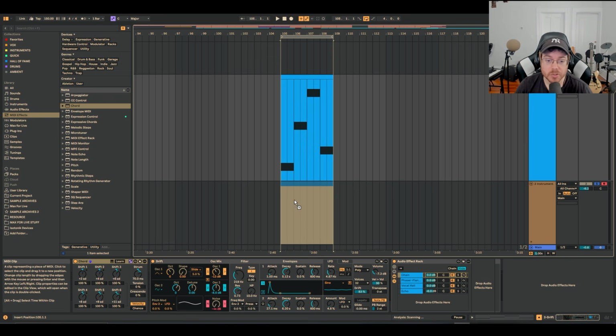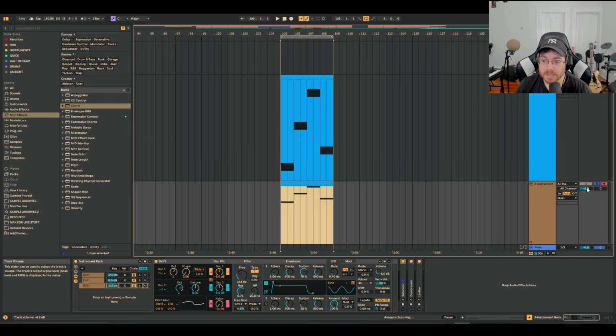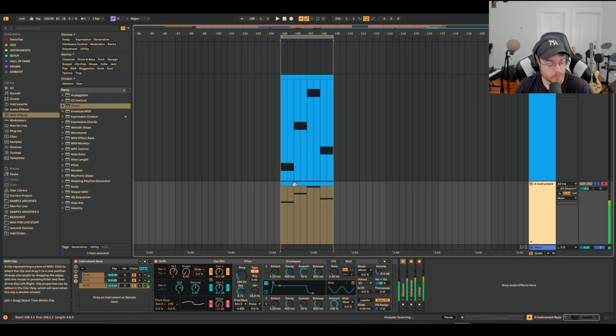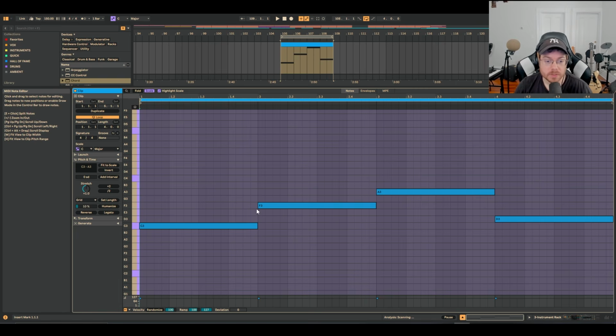I'm holding down Control, and now I'm placing this over my bass instrument, which you can see right here. You can get this down below if you want to use it. It's just a kind of simple, fat drift sound that I've got going on. And when I go into my clip view, you can see I'm in scale fold, I'm in highlight scale, I can see everything. These are going to be higher notes than